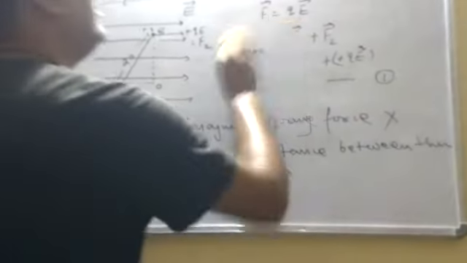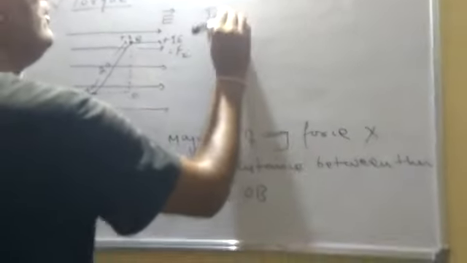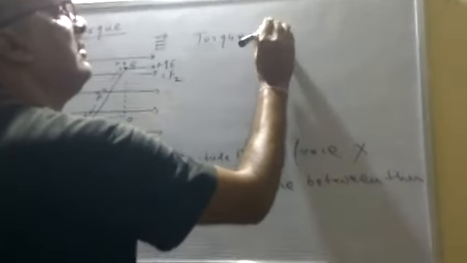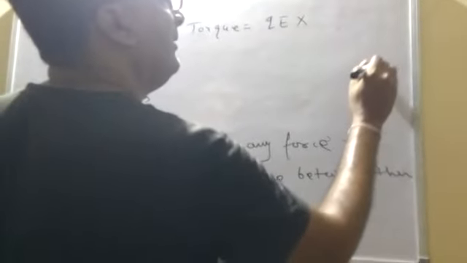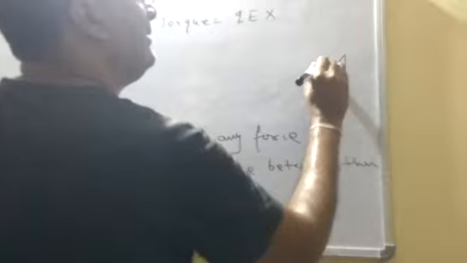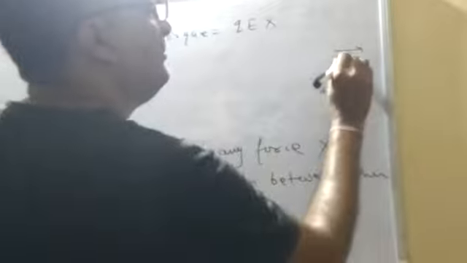So after this step, torque equals the magnitude QE, plus or minus whatever, it will always give plus, that is Q into E into OB. So what is OB? Let me draw it here. The electric field is in this direction, that means this dipole is placed at an angle with respect to the electric field. We take this angle as theta. This is A, this is B, and this is O.